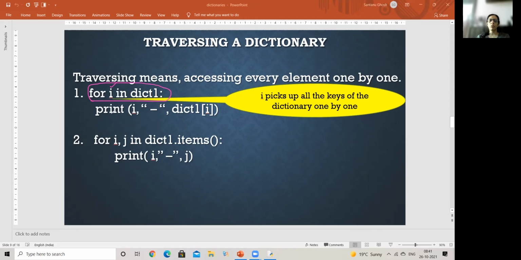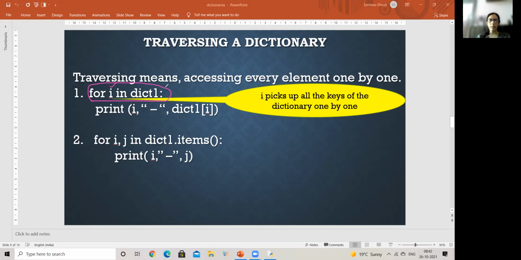Now inside the loop, what do you want to do with that key? I want to print that key, or I want to check something using that key. That's your wish. Traversal can be done easily by this mechanism, for i in the name of the dictionary.